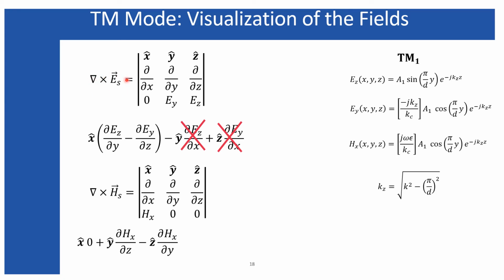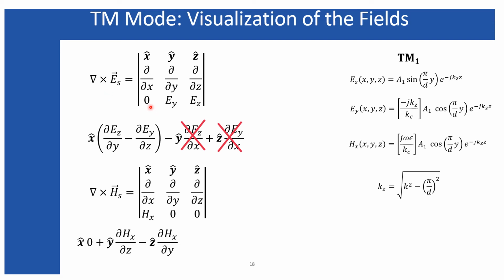If you take the curl of this total electric field, why am I taking this curl? Because this is the expression with which I started my derivation, and each and every component of the electric field and magnetic field I have defined, I got from this curl of the electric field and the magnetic field. So in order to visualize the field, we have to check what this curl operation wants to convey to us.